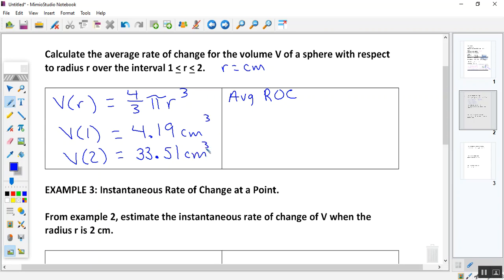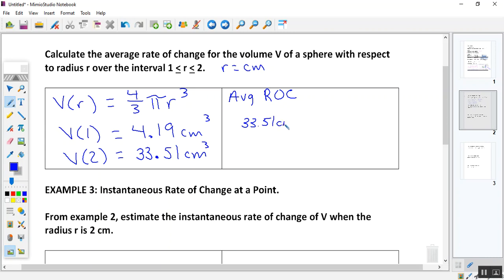All right, guys. What they're saying is this: between the radius going from 1 centimeter to 2 centimeters, what was the average rate of change of volume? Well, that can simply be found by taking the volume at 2 centimeters minus the volume at 1 centimeter. Wouldn't that be the change in volume, over the change in radius? So it's pretty straightforward. The volume is going to change by 33.51, I'm sorry,